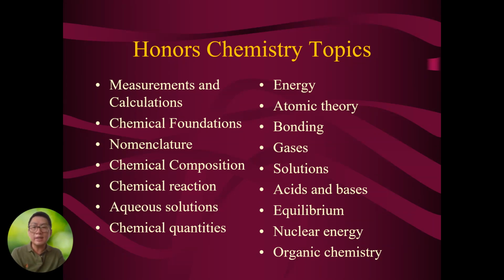So the topics that are taught in honors chemistry, I'm not going to read this all. Here it is on the screen. For those who have a science background, you see what they are. It's what you would expect in a typical high school chemistry course, from stoichiometry. It's not labeled here. I think it just says chemical quantities, which is stoichiometry, to acids and bases and gases, nuclear chemistry, equilibrium. Your basic high school chemistry topics, here they are on the screen, the topics that are taught in the honors chemistry course.